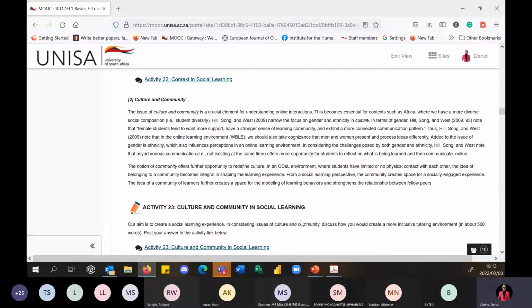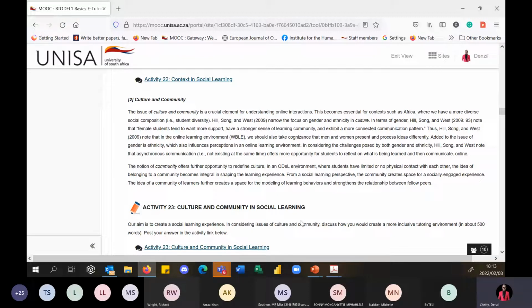And this is why we stress that thinking of the context, the culture and the community from which our students come to the space, the gender disparities, the ethnicity, the race, belief systems, etc., are core to understanding and creating the ideal experiences for our students as part of this. So, for example,